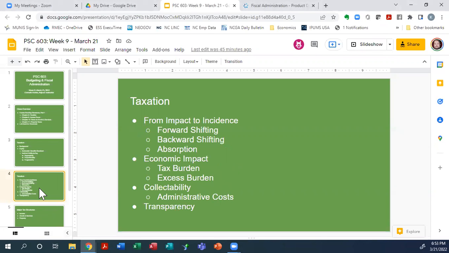So let's talk about, and this is covered in the text, the situation from impact to incidence. So taxes have an initial impact on a given party. And this is especially true, but there's the possibility that the actual tax itself, even though it may be assessed on one party, may not be actually paid by that party. It may be passed along. This has oftentimes been used to argue against corporate taxation, which is a form of income taxation, or against other types of various fees or charges.